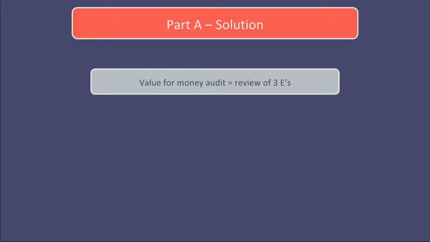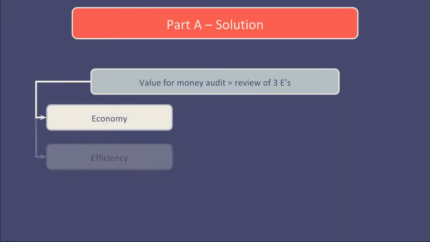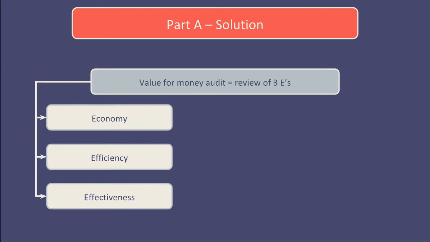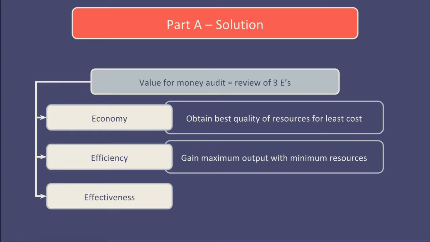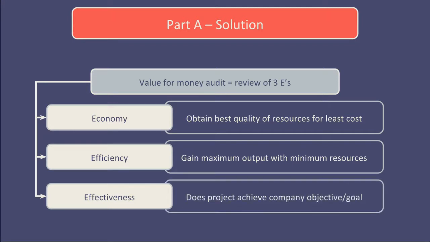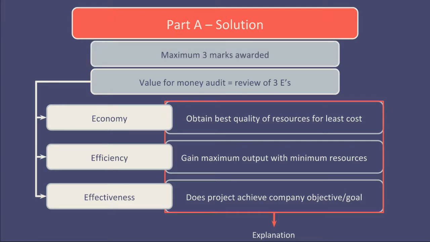The 3 E's stand for economy, efficiency, and effectiveness. To review economy is to obtain the best quality of resources for the least amount of cost. To review efficiency is to gain the maximum output with minimum resources needed. To review for effectiveness is to look at whether the project will achieve the company objective or goal. To lay out these definitions on paper will gain you 1 mark each, therefore achieving the maximum marks in Part